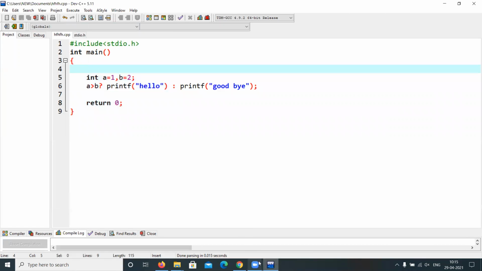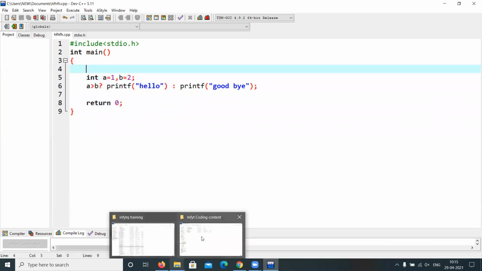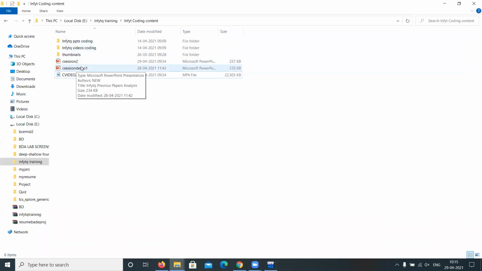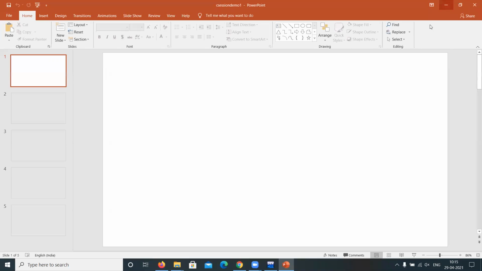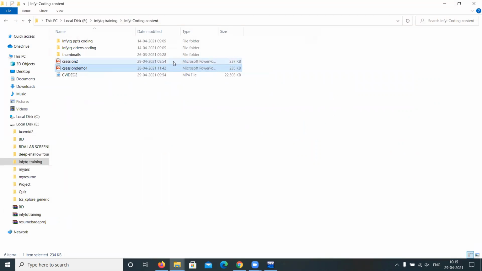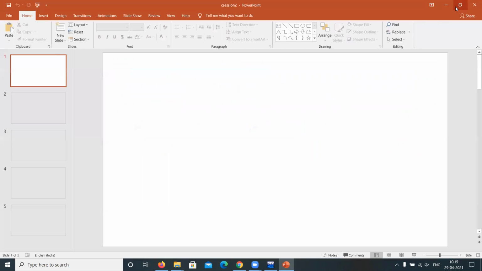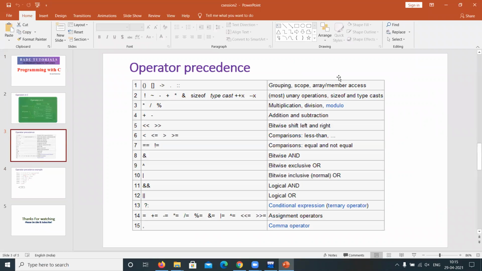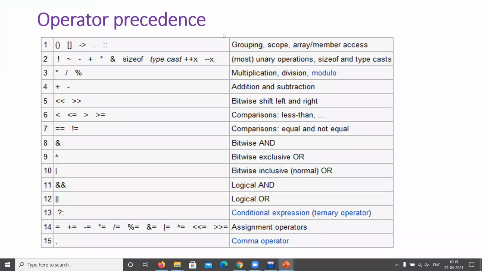There's one more thing we need to concentrate on. This one is operator precedence. Operator precedence means if you have a lot of operators, you need to evaluate some operators first and some next.